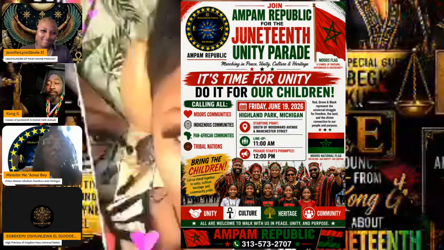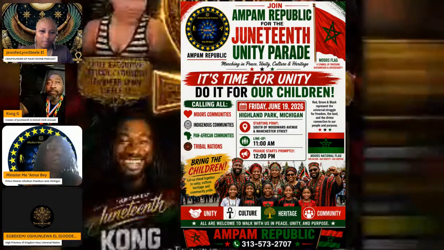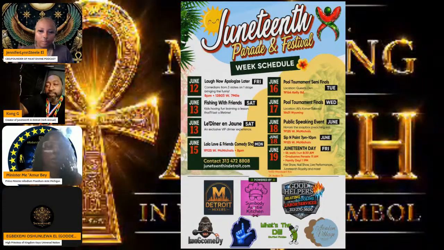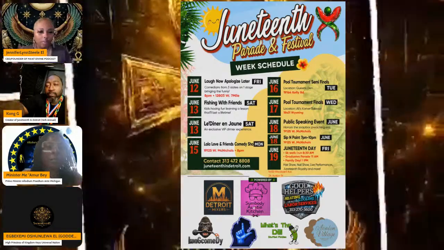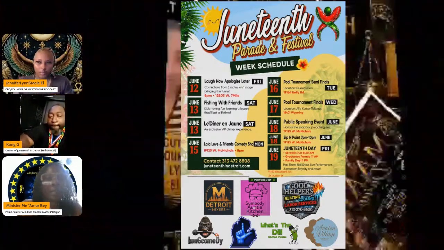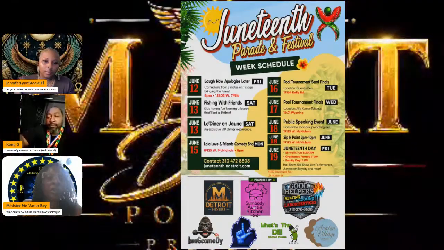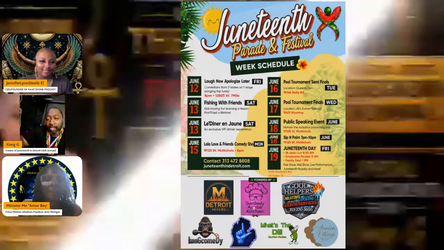And hopefully we see all people. Bring your children out. Put them in a red T-shirt. We welcome all children into the Moorish part of the parade. So just come out, let's celebrate our graduates and just have a great time, and be safe and go home safe, like the brothers say. We come in peace and leave in peace. We come in love and go in peace. Ashe, Ashe.